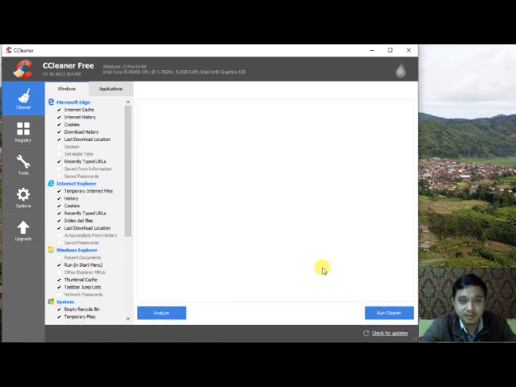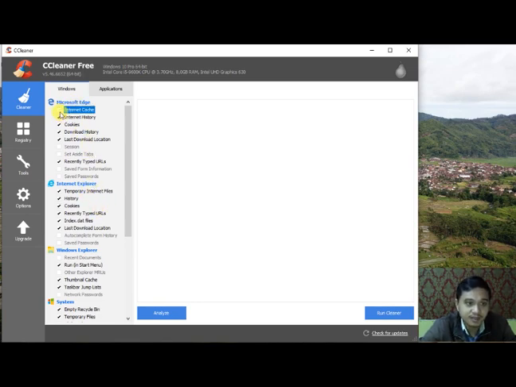If you want to clean as in function number 1 before, the temporary files, you can choose the tab on the left side like this. This is called Cleaner. Inside the tab, you can check which applications you want to delete the temporary files from. Like this is Microsoft Edge, Microsoft Explorer.